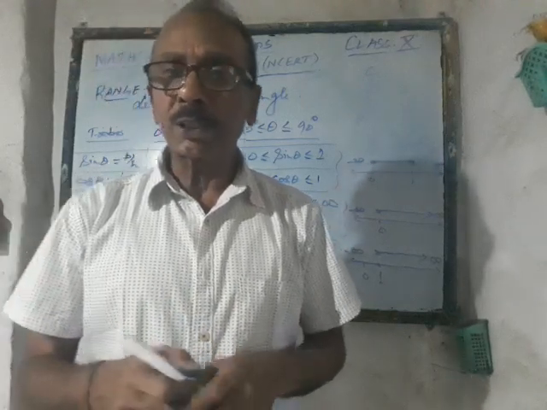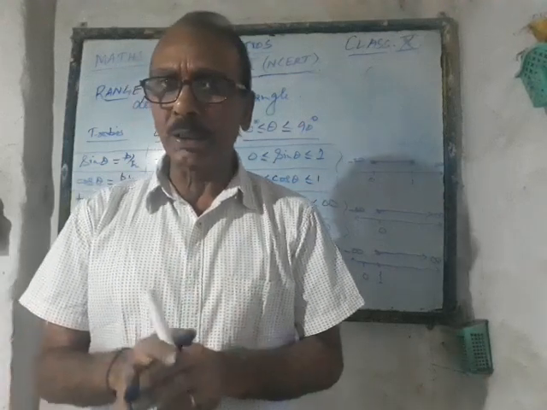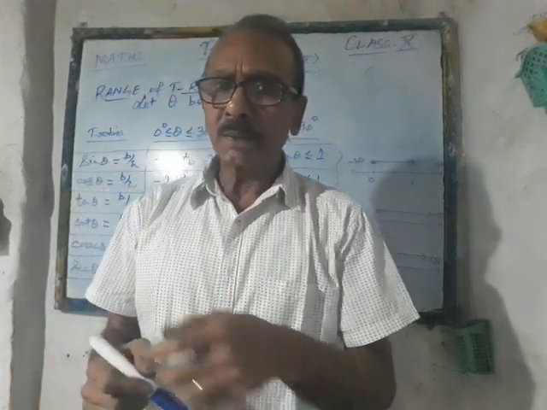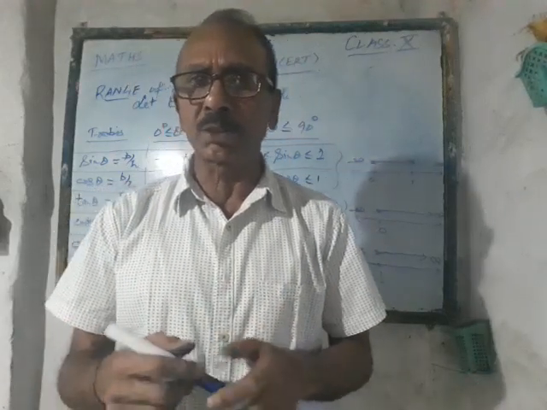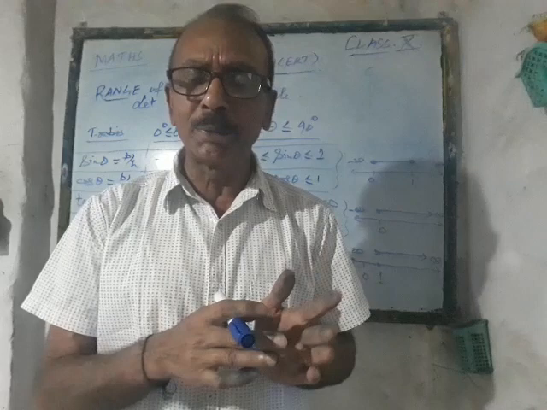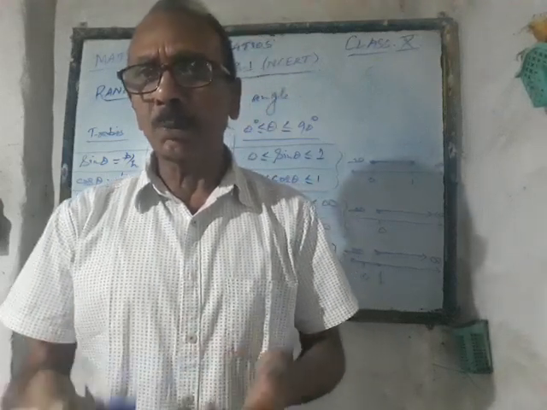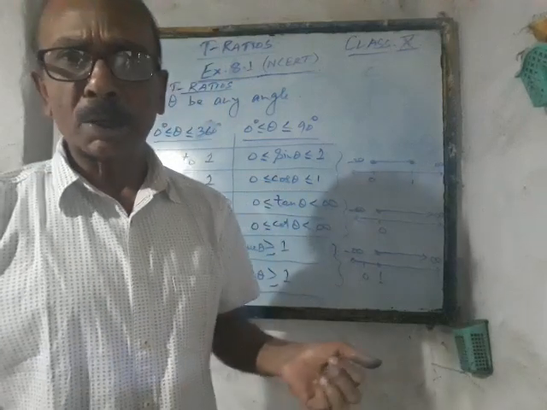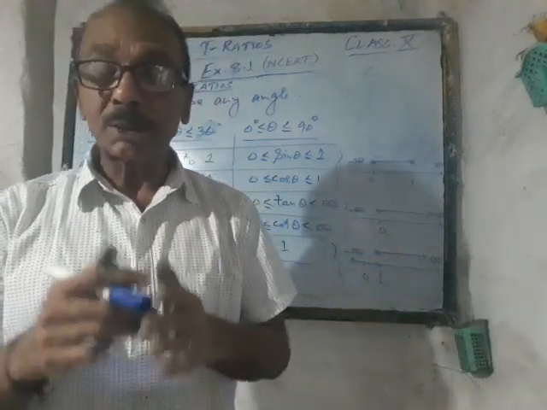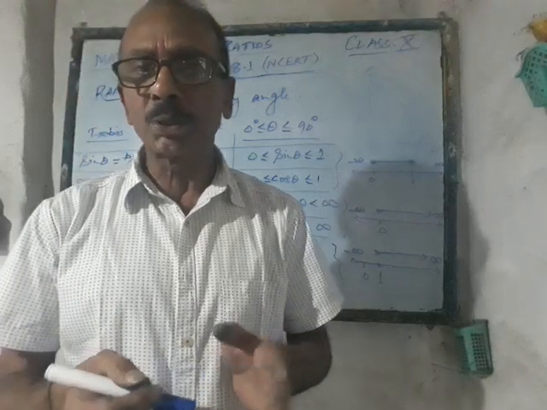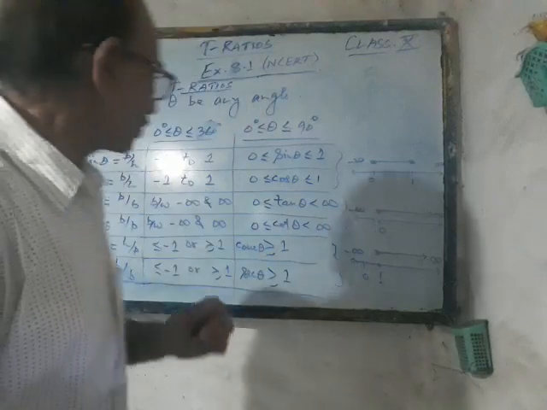But according to your syllabus, you have to consider theta from 0 degree to 90 degree only. But I have just written over there for theta being between 0 degree and 360 degree also, to let you know about the actual minimum as well as the maximum value. But whatever you have to do for your board exam, you must know the range of those trigonometric ratios, sine, cos, tan, etc., when the angle is from 0 degree to 90 degree. Just go on watching.